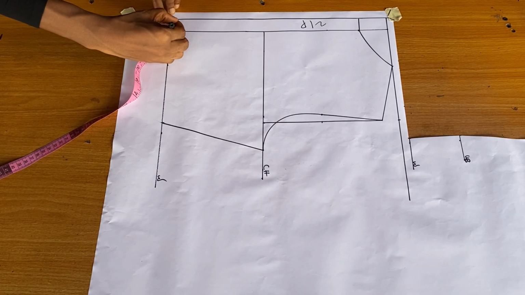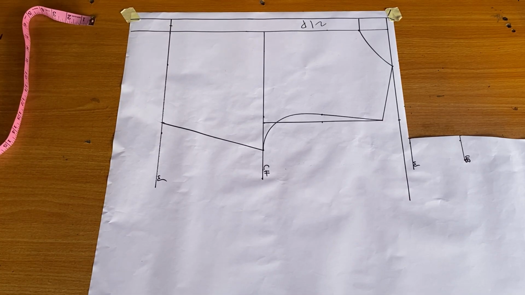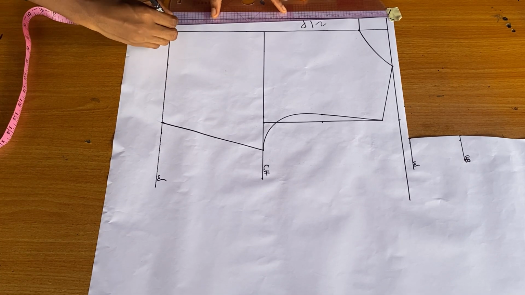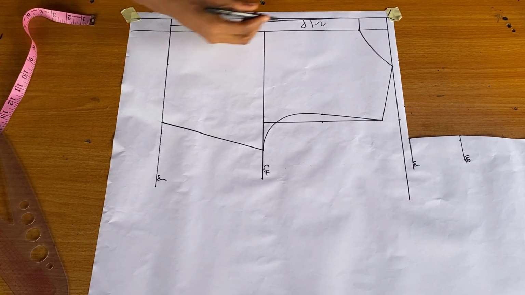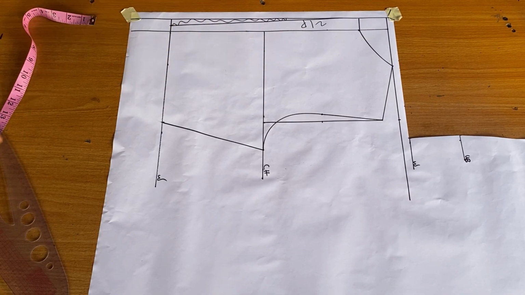Now I'm doing my zip contour, which is to go in by 1/2 inch on my waistline and then just connect with a slant line all the way going upwards, okay? And then for my darts now,